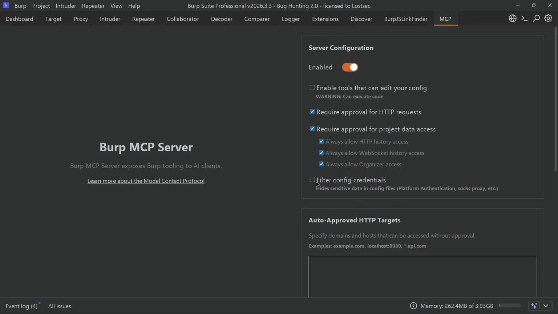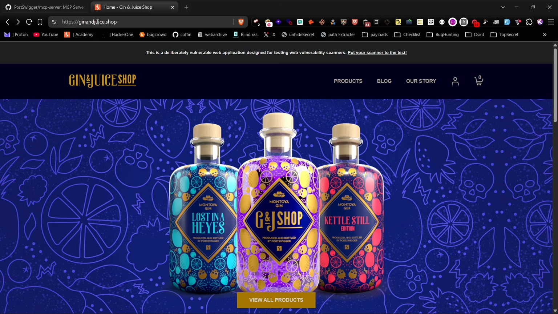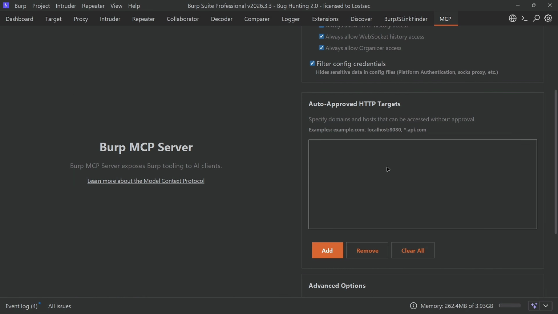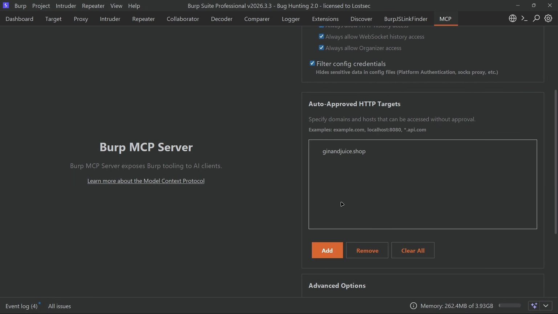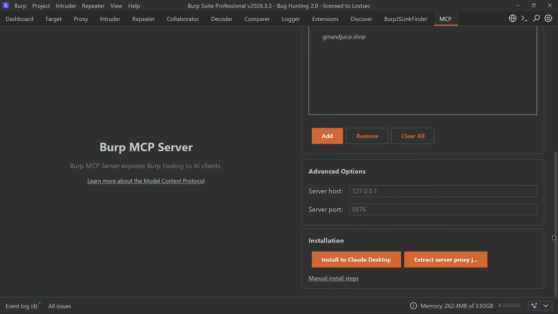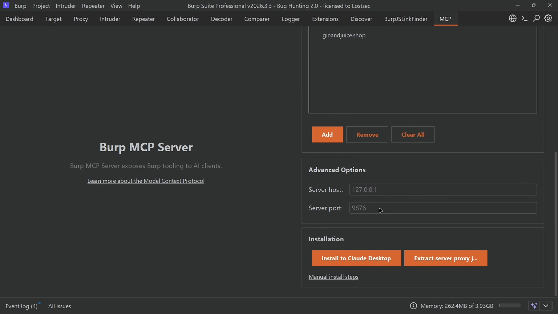You'll also see an option for auto-approved HTTP targets. Here, you can add your target domain, your subdomains, or even use a wildcard. This is important because once your target is approved, Claude won't need to ask for your permission every time it wants to interact with that host. For this demonstration, I'm using a dedicated test website so we can safely go through the entire process without affecting